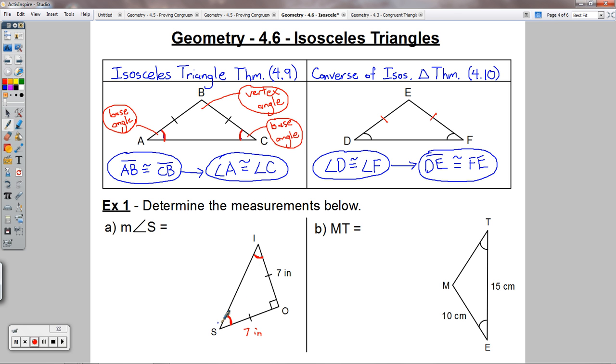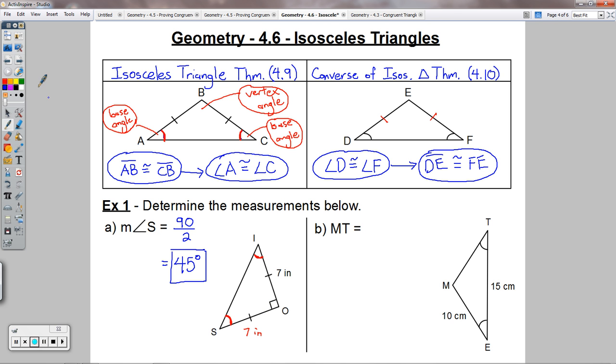This is what's left over, 90 degrees right there for those two. That was something we learned about right triangles. These two had to add up to 90. So we could say that this is 45 degrees. So the measure of angle S, this is actually something called a 45-45-90 triangle, which we'll learn a little bit